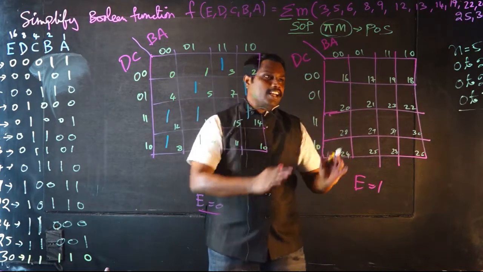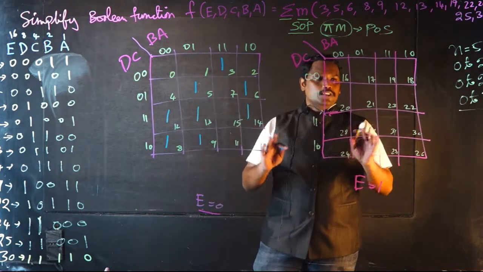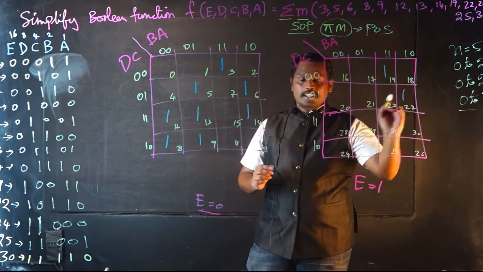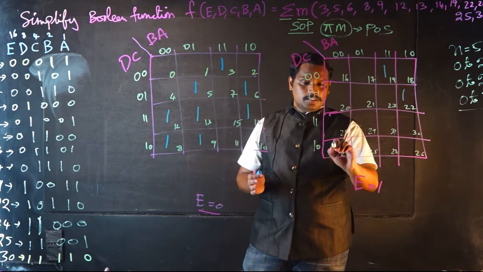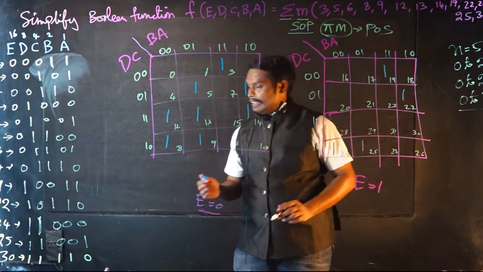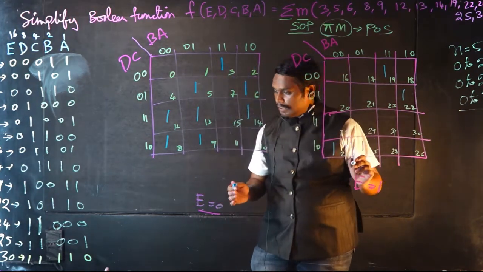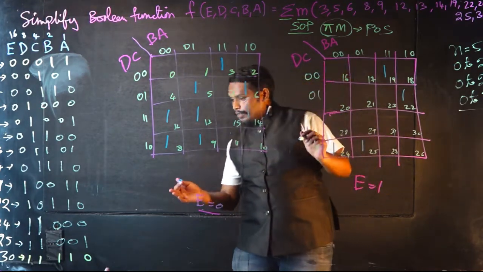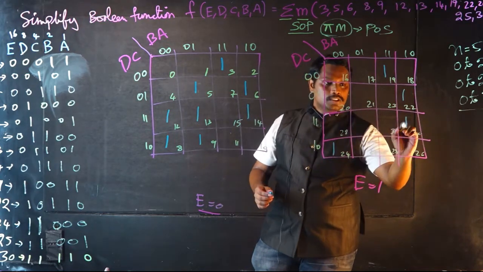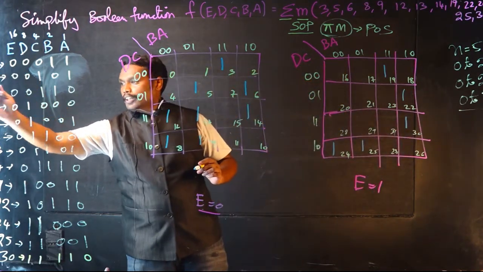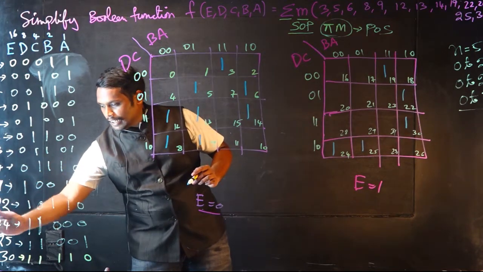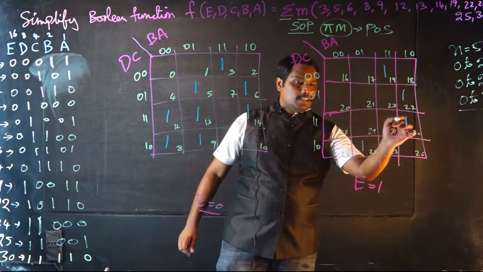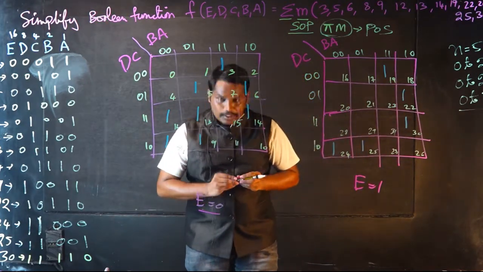And 19. So you will go to the second Karnaugh map, which is a part of the same Karnaugh map. So it is a 5 variable Karnaugh map. So 19 you are going to place 1, and then 22 you are going to place 1, and then 24 you are going to place 1, and 25 you are going to place 1, and then 30 you are going to place 1, right? So check how many minterms there are. 1, 2, 3, 4, 5, 6, 7, 8, 9, 10, 11, 12, 13. So one thing is missing.